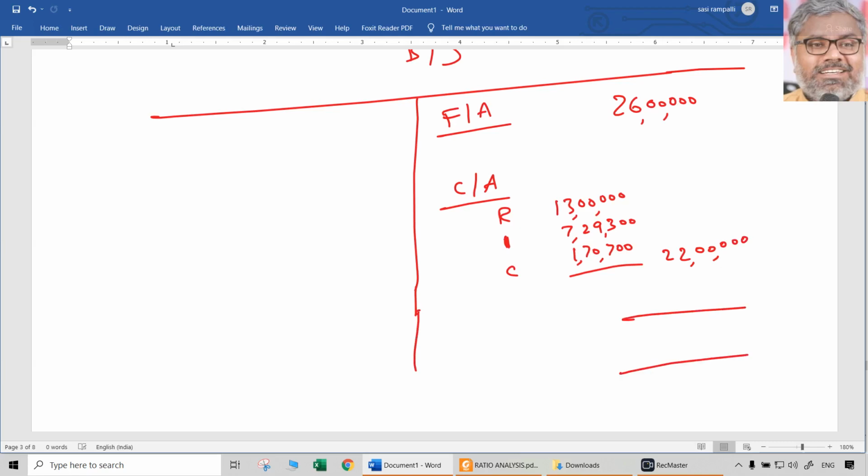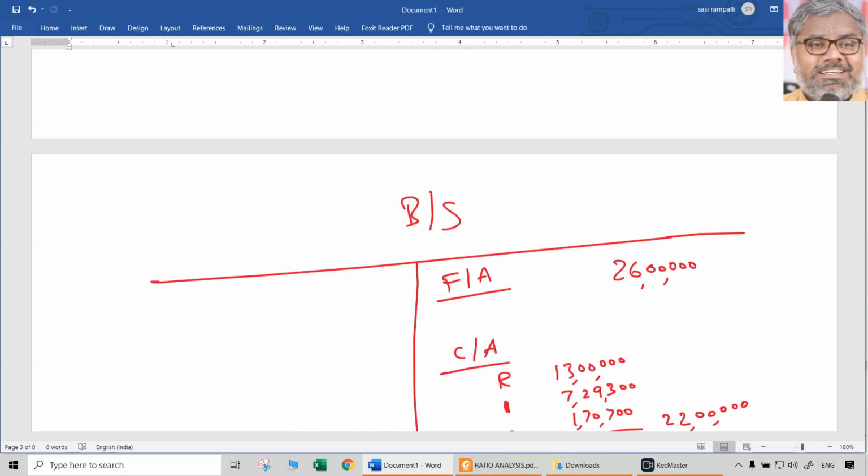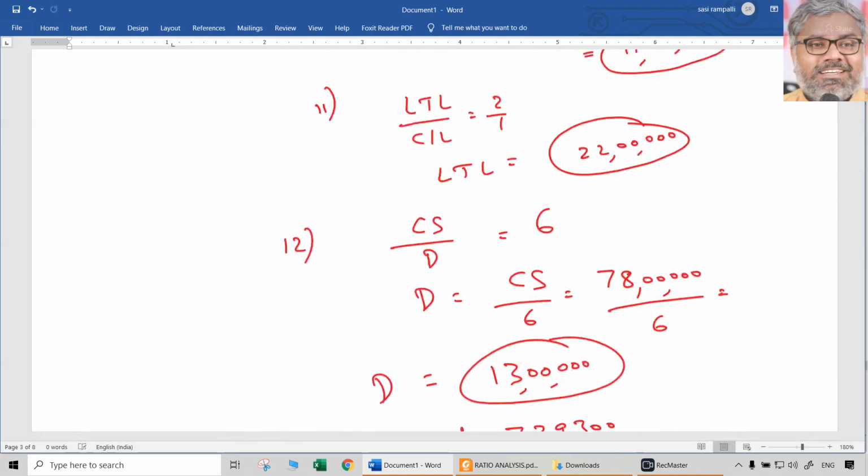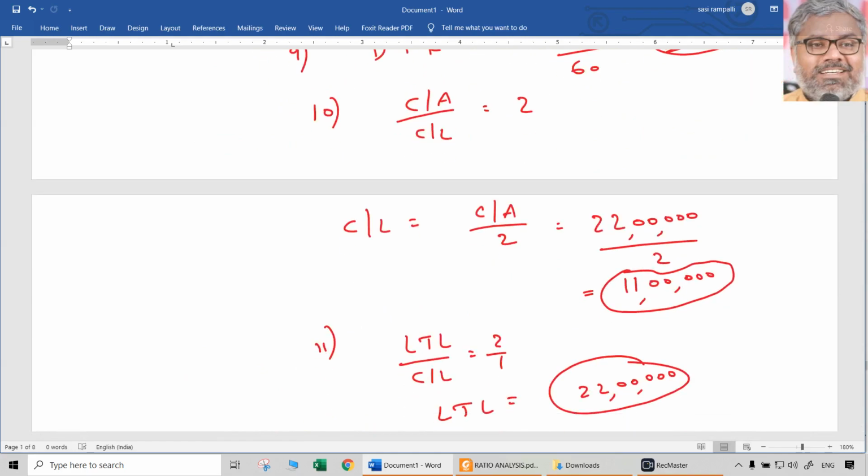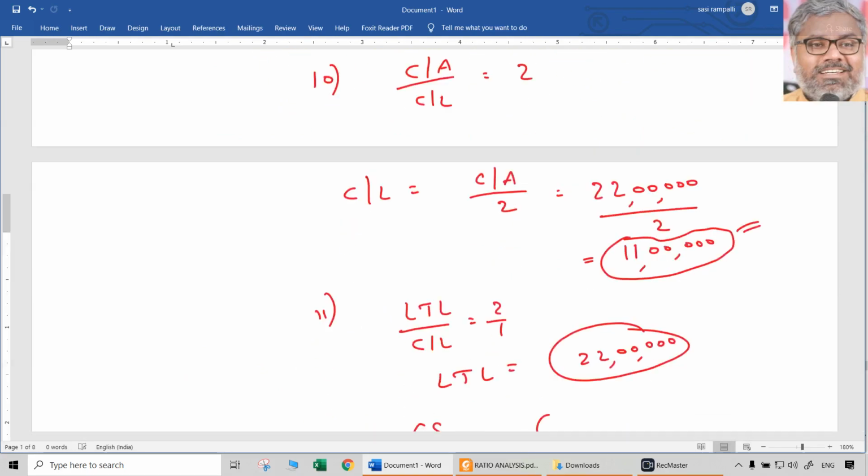So what is the total of the balance sheet? Very clearly, that is 48 lakhs. That is total assets. That will be the same here also. 48 lakhs for sure, guaranteed. But here, we know current liabilities already. On the liabilities and equity side of the balance sheet, we have calculated them. How much was that? 11 lakhs.